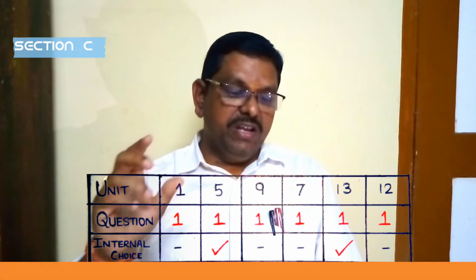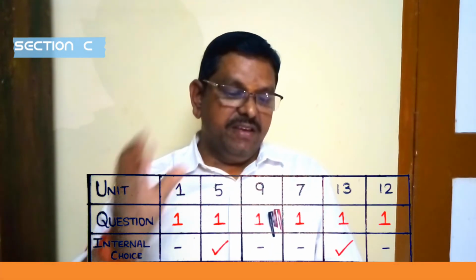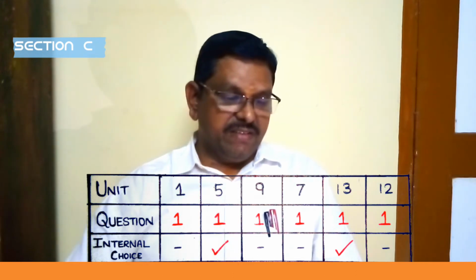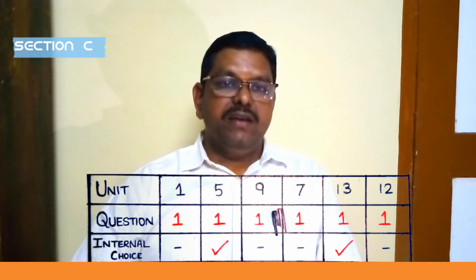Now let us see section C. Question number 27 to 32. There are total 6 questions. Each carries 4 marks. So a student can score 24 marks only from this section itself. And here